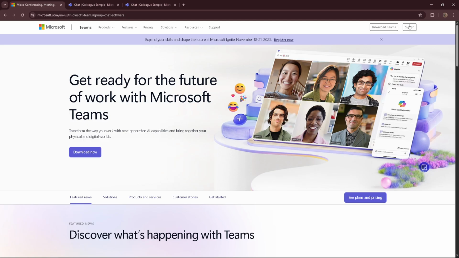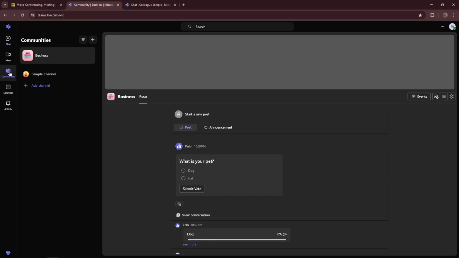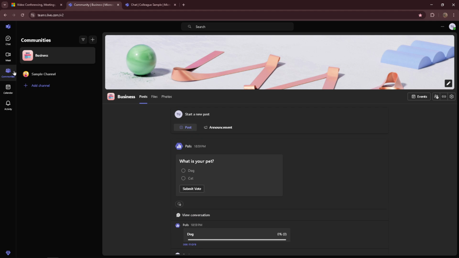Now that you're logged in, direct your attention to the left-hand navigation pane and click on Communities. This feature is essentially a dedicated space for group interactions within Teams, facilitating seamless communication among members. After selecting Communities, you'll see a list of all the communities you're a part of. Click on the community where you would like to launch a poll. Your choice here decides where your poll will be visible, so make sure to select the appropriate community for your